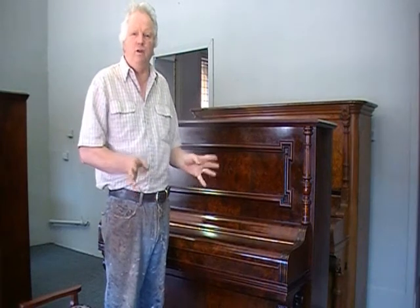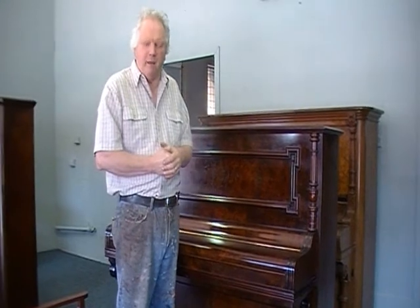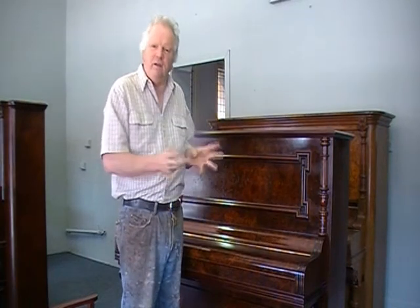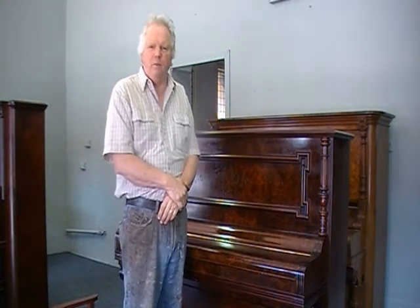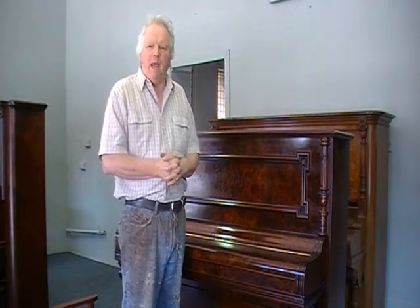We think PR is a new phenomenon, but back in the heyday of the German piano makers, everyone was trying to get an edge on the other manufacturers, new features of their instruments, different tone and different features on the cabinets. You know, it was tremendous competition, but all the while too driving the development of the piano. So we have the great makers, the Richard Lips, Becksteins and all those joyful pianos, but almost immediately under there